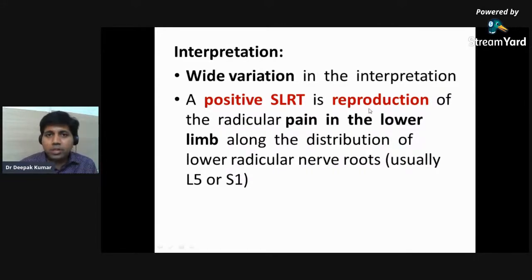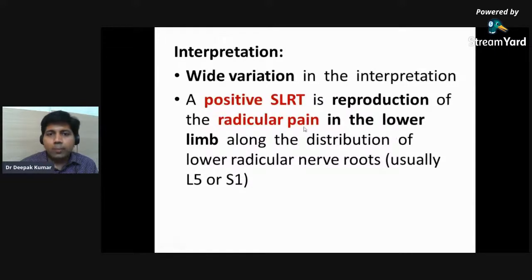But here the reproduction means each time you lift the leg, if the straight leg raising test is positive, it will be positive every time. Okay, so you can't have the first time positive and then the second time I repeated and the pain disappeared. Then it is not a positive straight leg raising test. Okay, and the second thing that goes